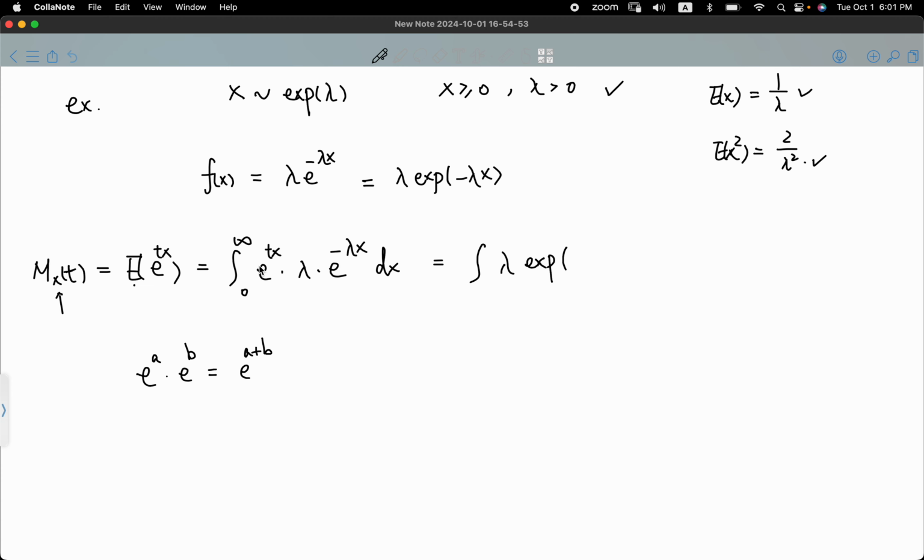So here in the exponent we have, let me write it in this way, lambda minus t, and then closing that, and then, am I missing an x? Yes. Lambda minus t multiplied by x,